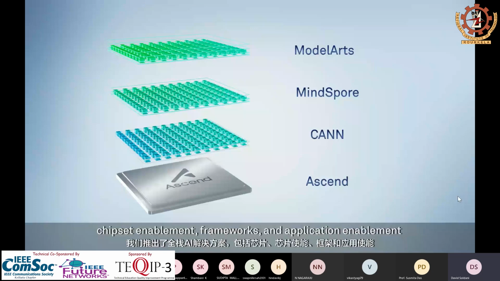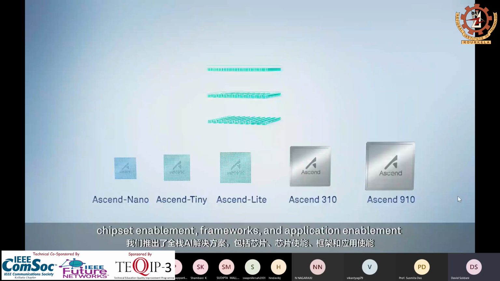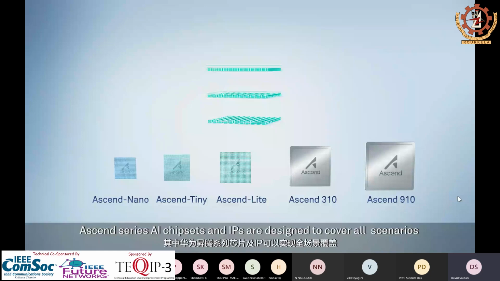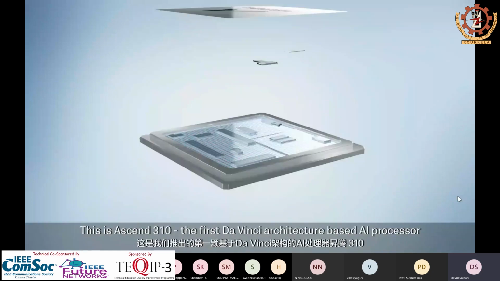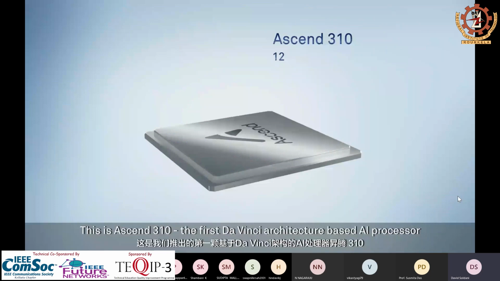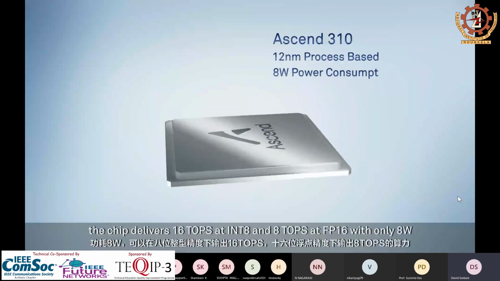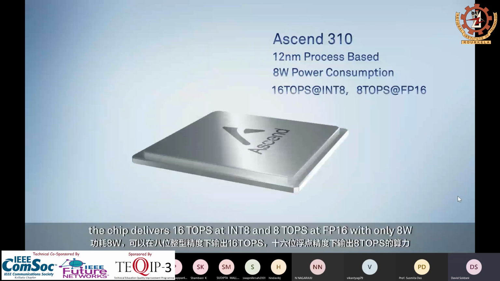Ascend series AI chipsets and IPs are designed to cover all scenarios. This is Ascend 310, the first Da Vinci architecture-based AI processor. With 12 nanometer process, the chip delivers 16 TOPS at INT8 and 8 TOPS at floating point 16 with only